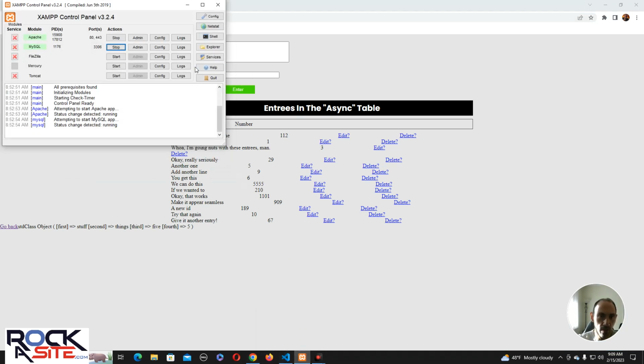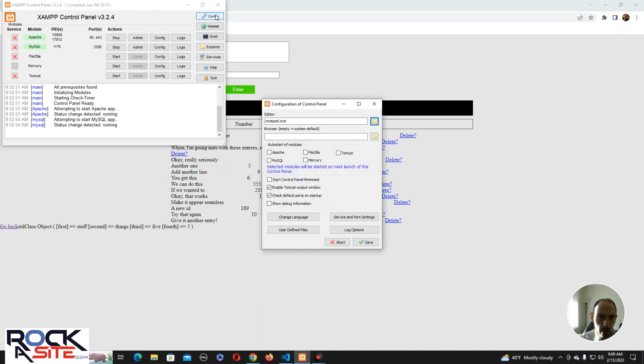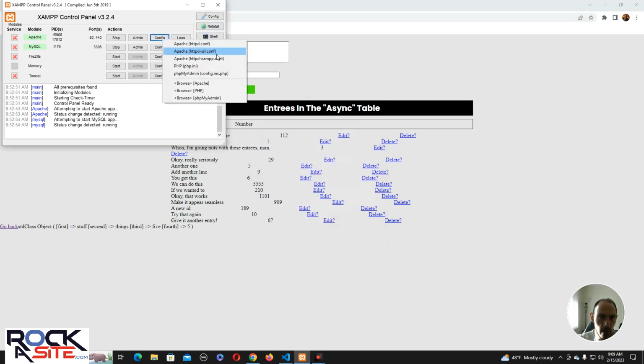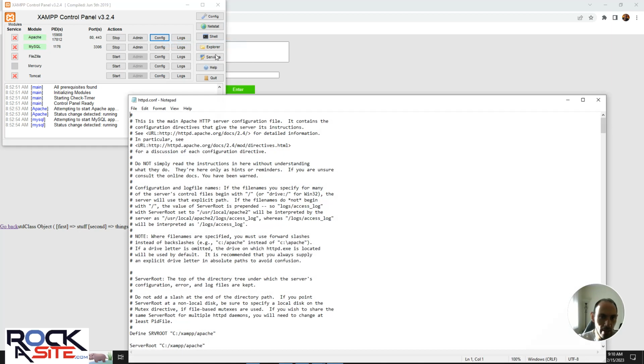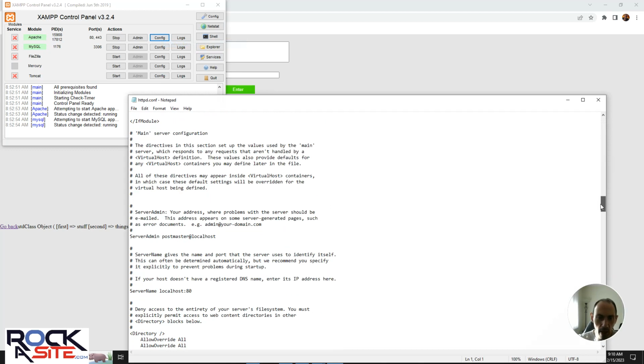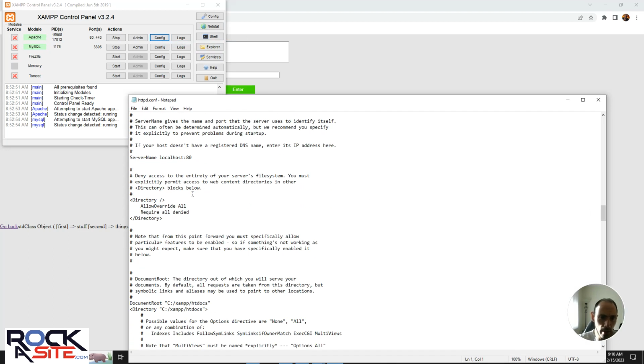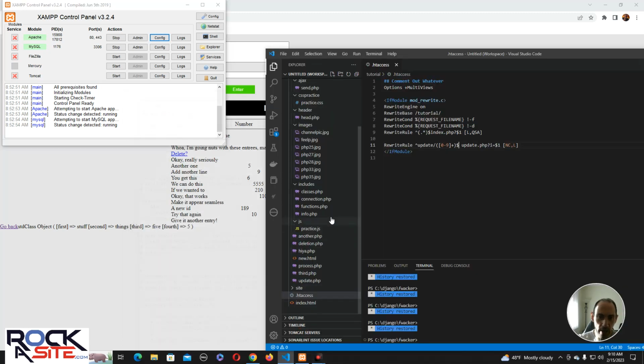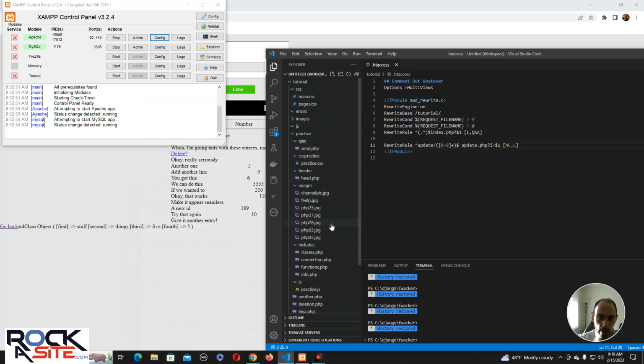And what you have to do is first, go to your control panel, and go to configure. You have to go to your httpd.config file. And I don't like to mess around with this thing, but we're going to do it anyway. All you have to do is go to this line right here, Directory, AllowOverride, and change it to All. It will by default say None. So we change it to All, and then we go to the main file,